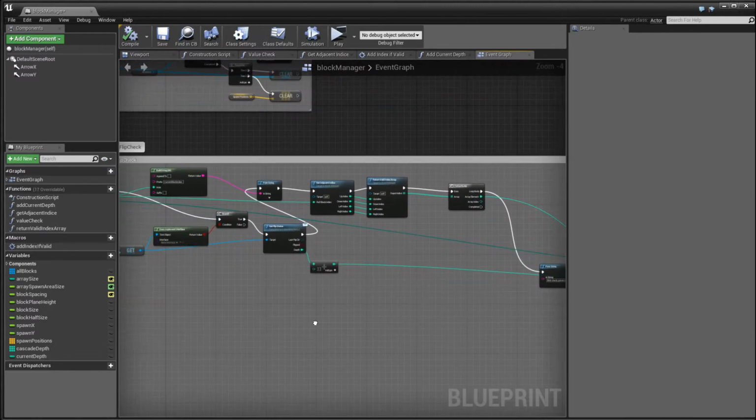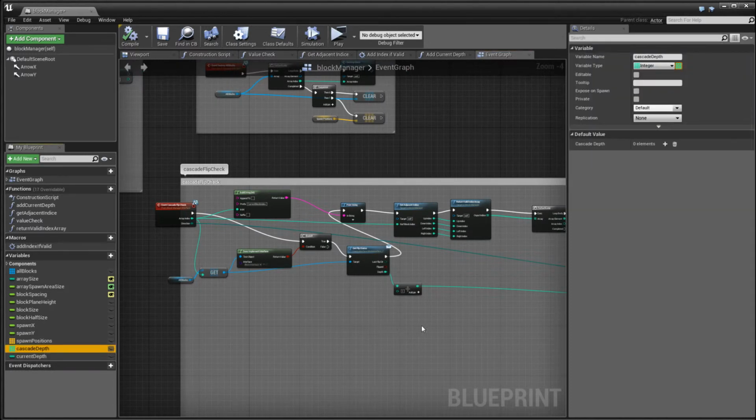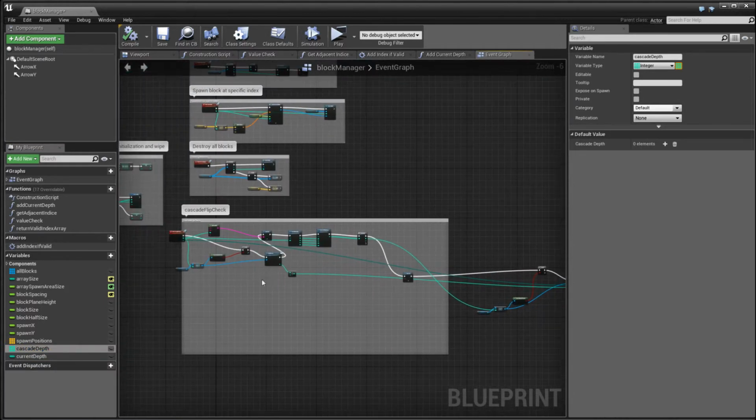The graph is actually extremely simple after I decided to move the depth calculation into the block itself, which is really good. And then I'll start showing you the result we have.